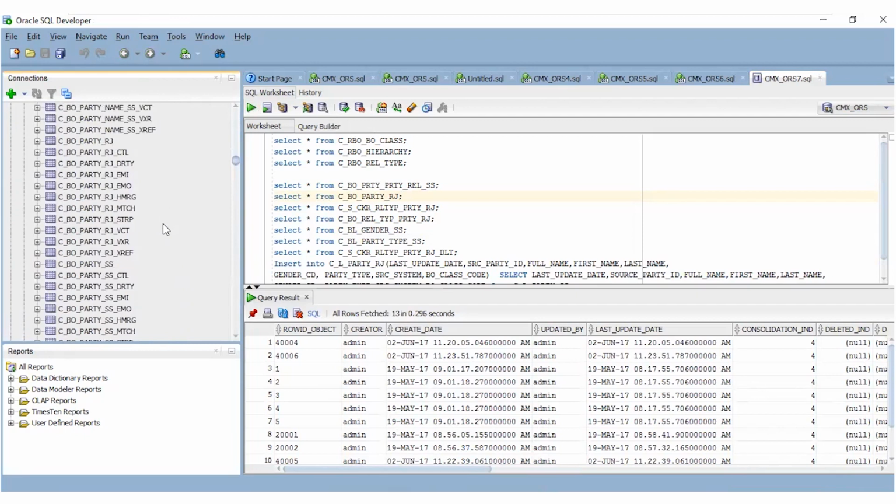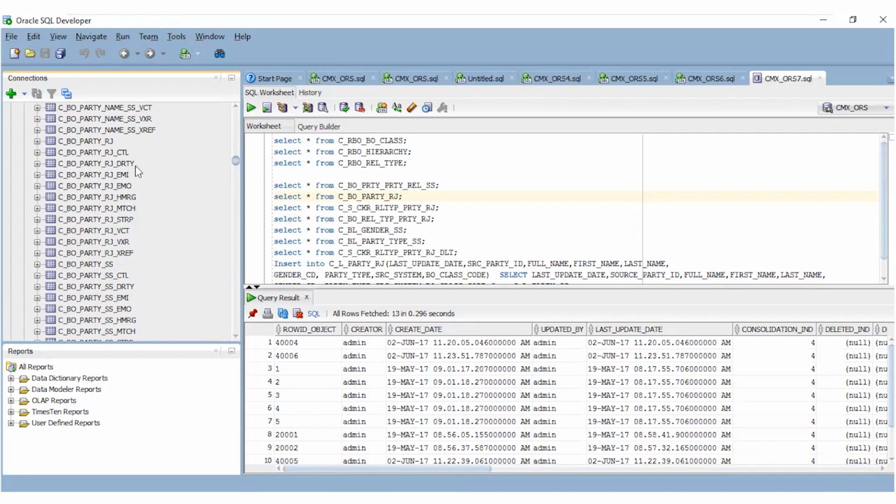See here, we have a couple of support tables. We call them infrastructure tables or support tables. As I said, the cross-reference table, which we call the XREF table. For every base object, we have one XREF table, and it is a very important one. In the coming classes, I will explain more on the cross-reference table. And among the other tables we have the match table. Here the match records information will be stored, and we have the HMRG table. Here the merge details of the records will be present,